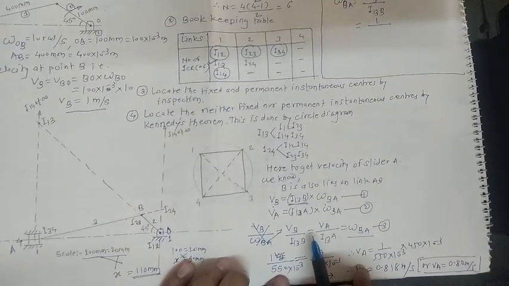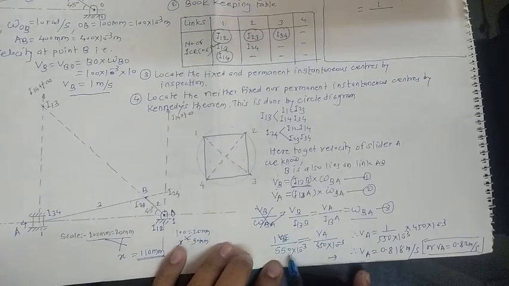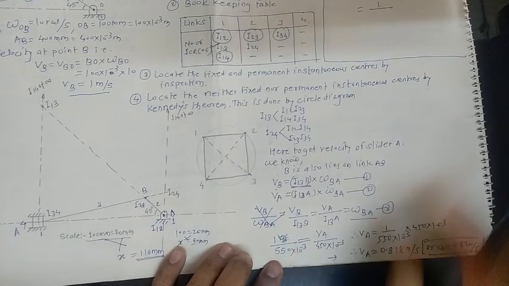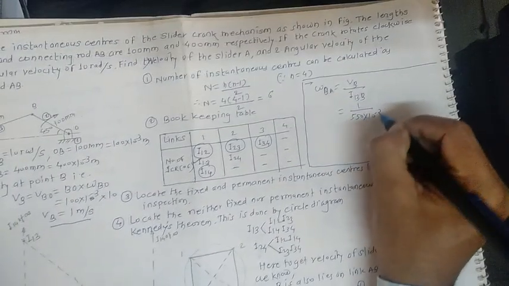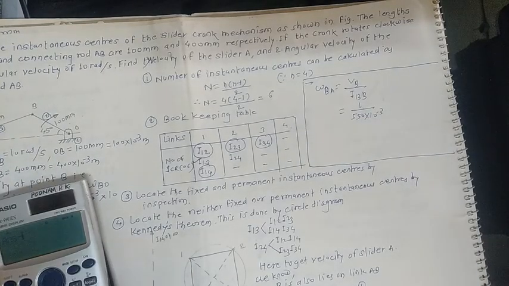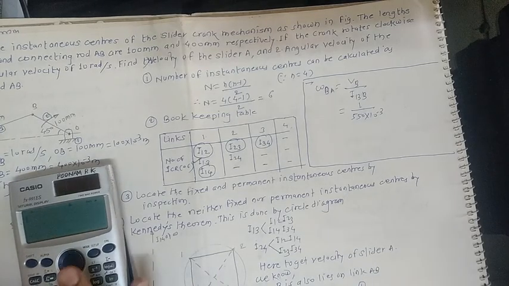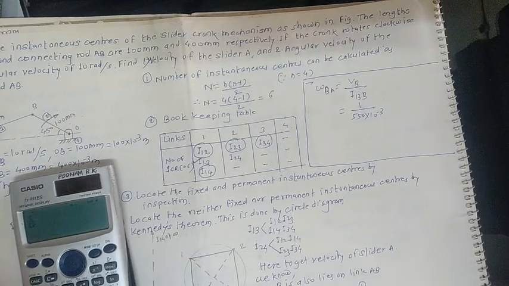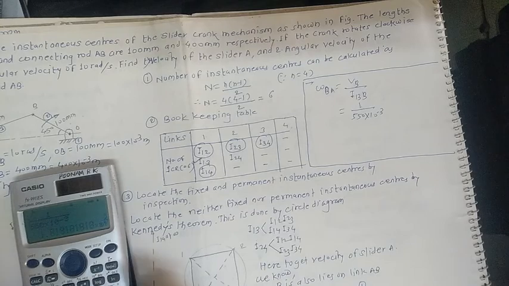So already that distance is with us. Here that distance we have calculated as 550 multiplied by 10 raised to minus 3. Substitute this here. So do the calculation, check the answer for the same. So you can get this in this way, 1 divided by 550 multiplied by 10 raised to minus 3. Okay. So after doing the calculation, we get the value for this one as 1.81